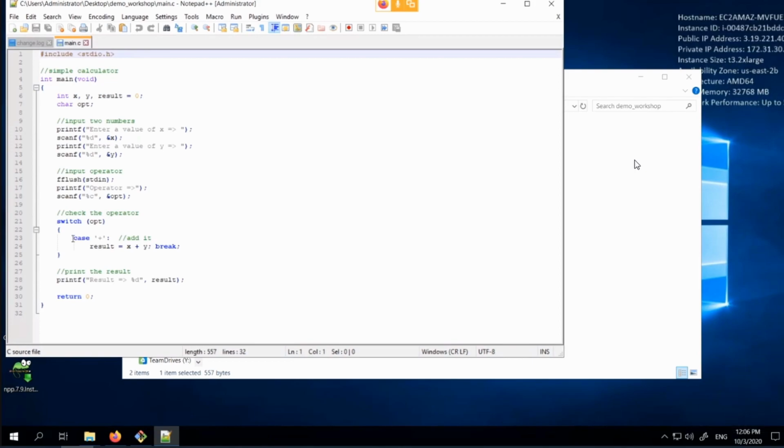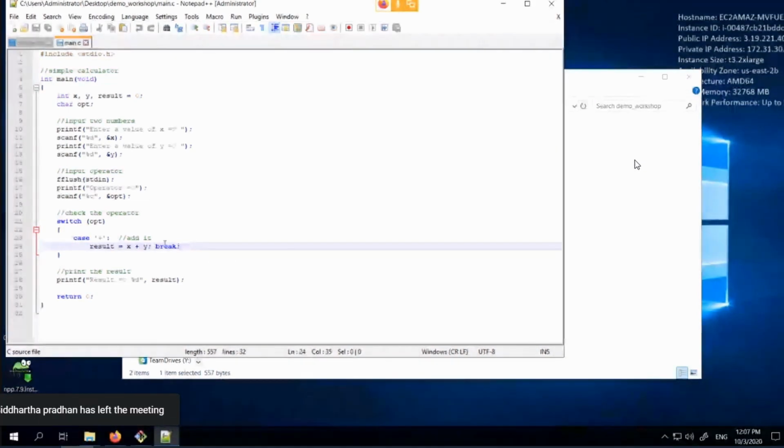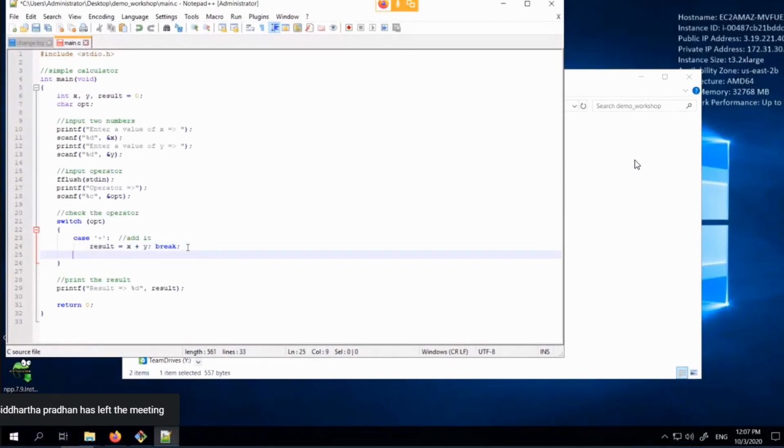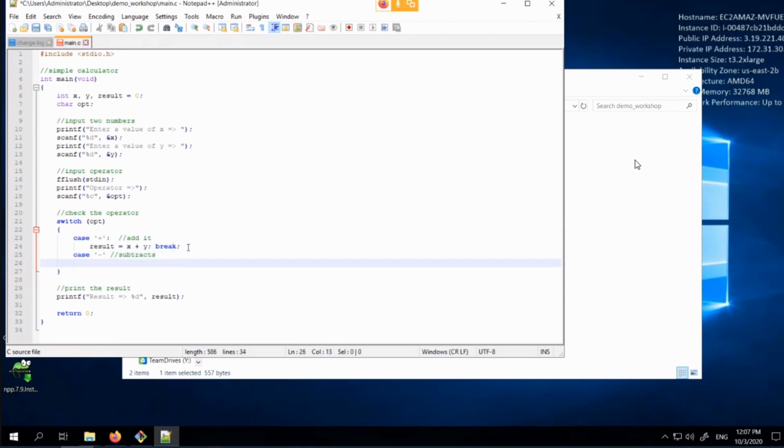So for example, here it's a calculator, which has a case only for adding. We will add another case, which subtracts. So we will add the case where it subtracts, and the result will be x minus y.